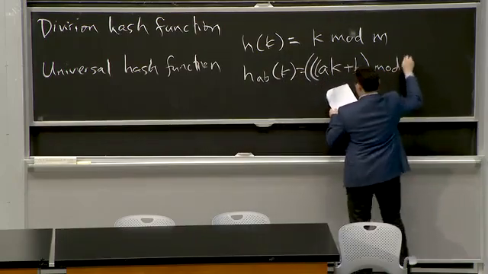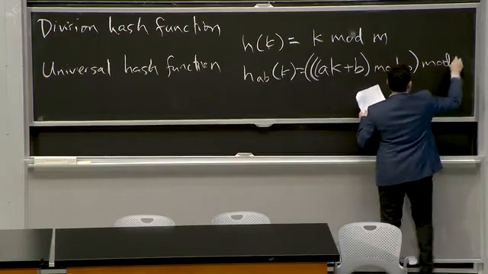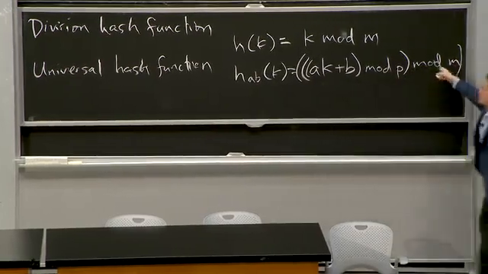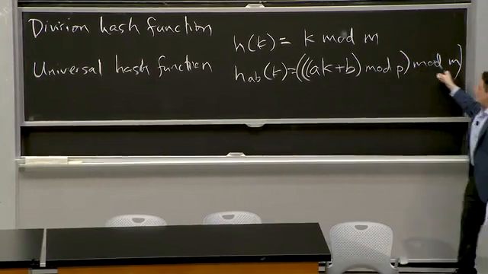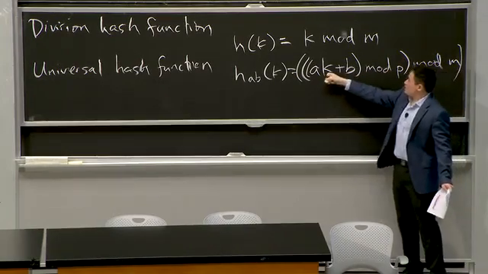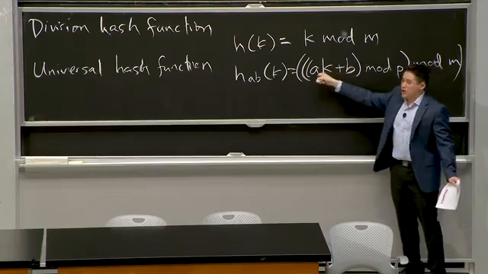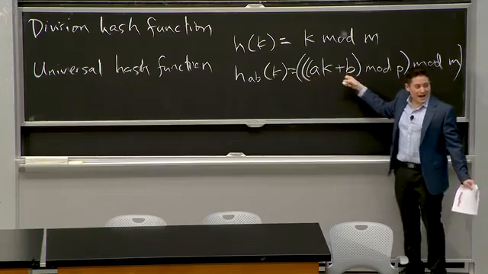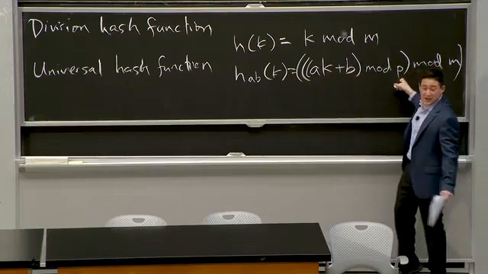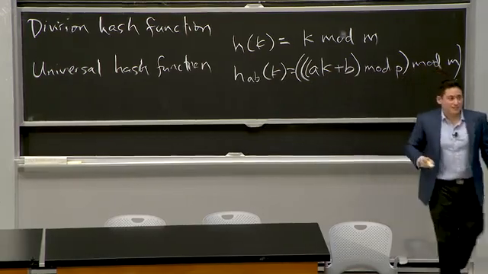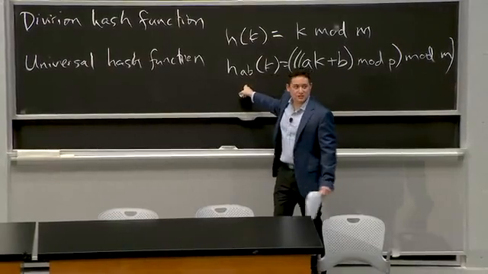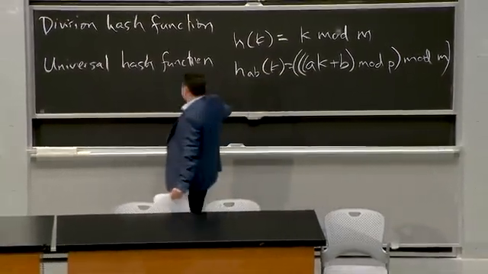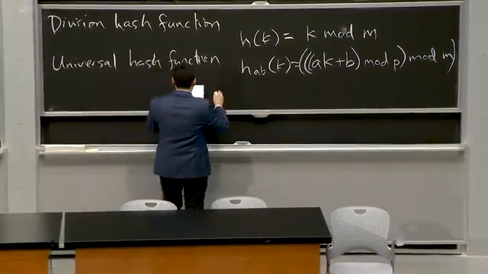Mod P mod M. Okay, so it's kind of doing the same thing as what's happening up here, right? But before modding by M, I'm multiplying it by a number, I'm adding a number, I'm taking it mod another number, and then I'm modding by M. Okay, this is a little weird. And not only that, this is still a fixed hash function. I don't want that. I want to generalize this to be a family of hash functions,